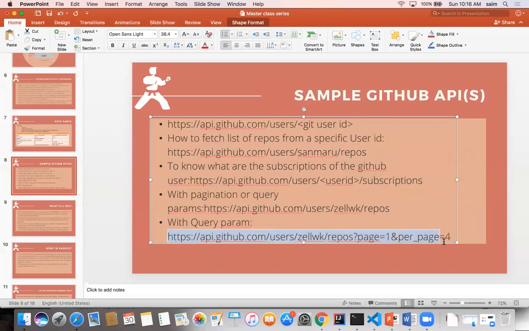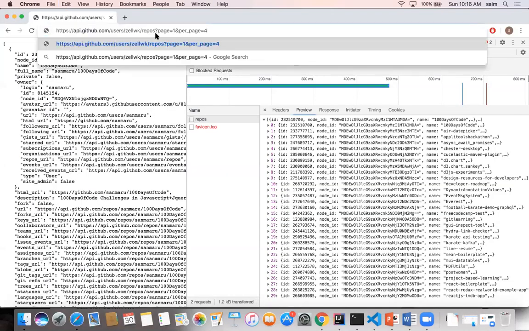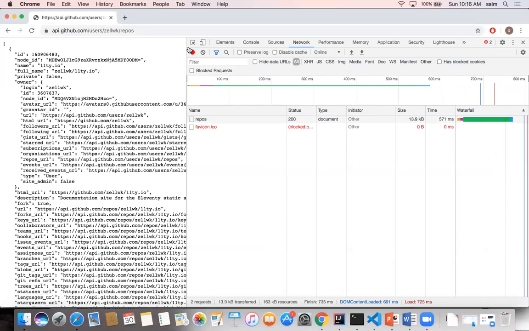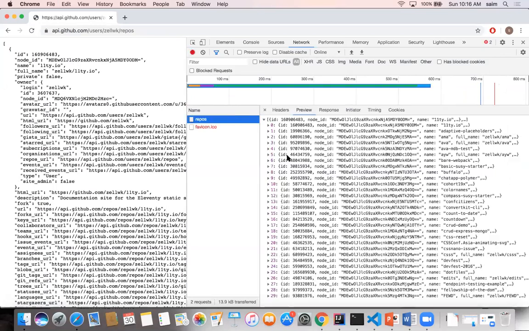This particular user has a lot of repos. So before I apply the query params, I'll take it out and hit it and see how many records he gets. Click on 200 and I've got around 30. I think by default this particular GitHub API is giving 30 by default. If you don't give any query parameters, or if you don't specify that you want some filtered data,